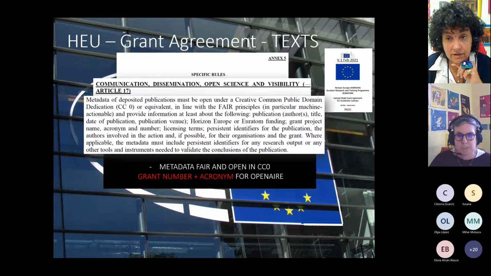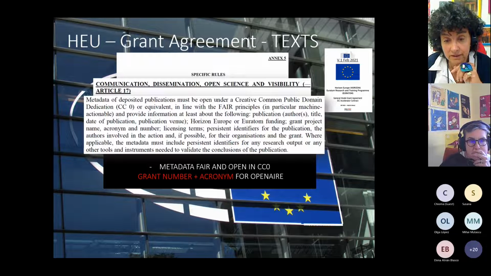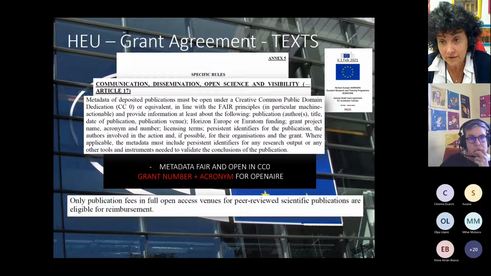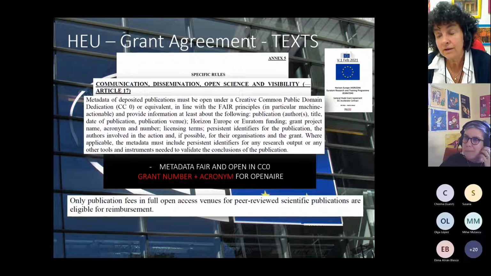Last thing about text, you also have to give access to metadata in a fair way with a CC0 license, the grant number, and the acronym to enable OpenAIRE, okay? And this is very important for eligibility of expenses, because this is a huge, huge novelty compared to Horizon 2020. Horizon 2020 was wrong, or better, the intention was